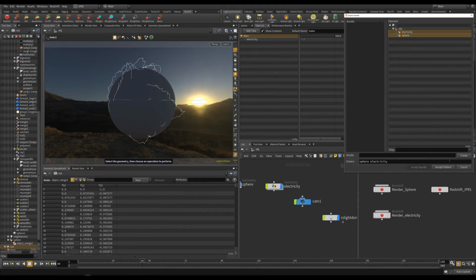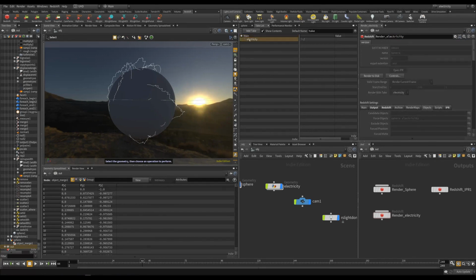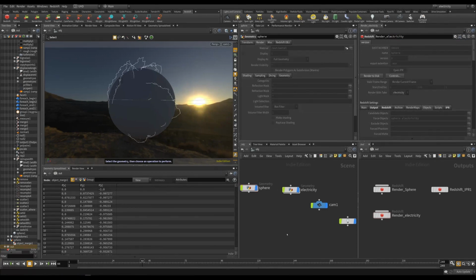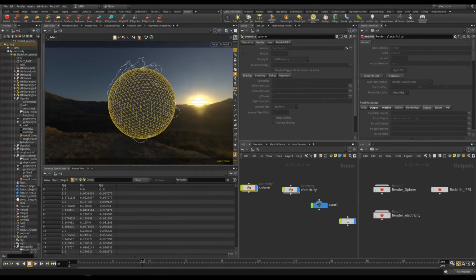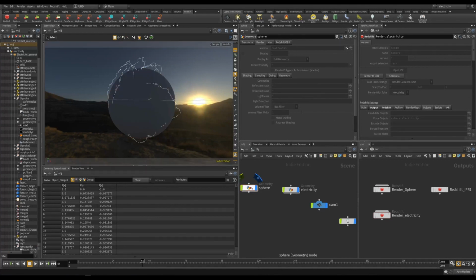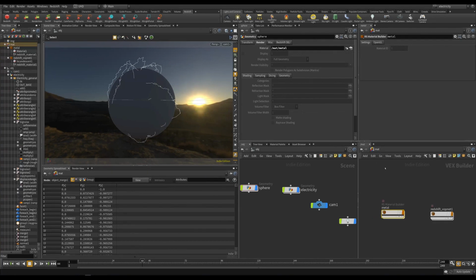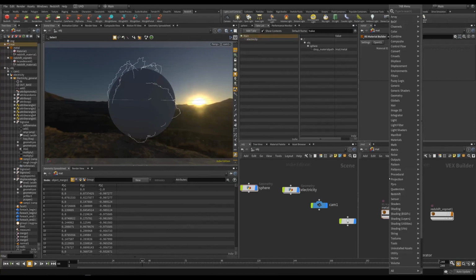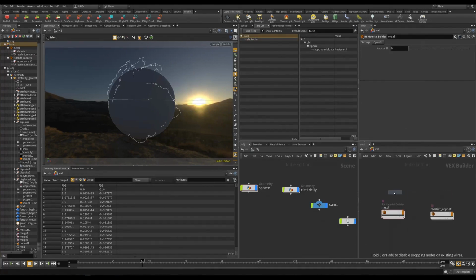So we're gonna set both objects. We're gonna go into the electricity take, and as you can see, everything is grayed out, so you need to include stuff in a take. So what we're gonna do with that one is we're going to include and take the material, and we're going to, in the material network, go back to our main take, and let's create a new Redshift material builder and call this override